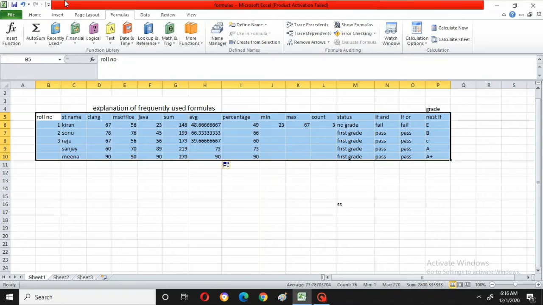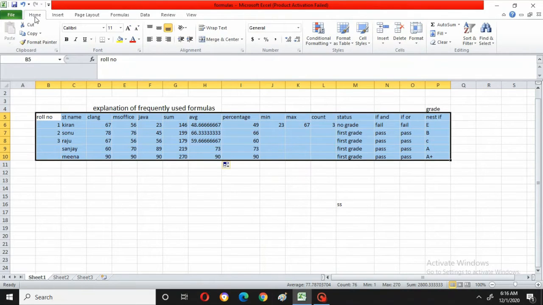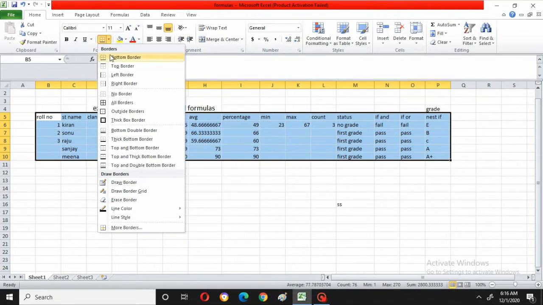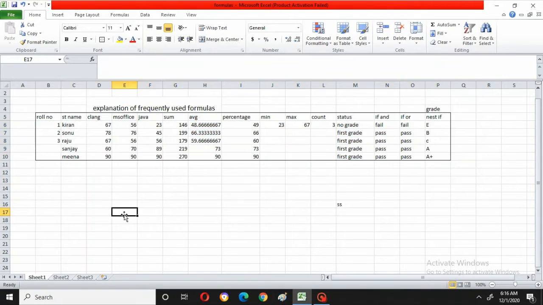Right? Now I will just go to the home tab. Here I will be using the borders thing. Okay, right? Now see, your table has got border. Now I can give this one border for this also. Wait a minute. Now see, for this also you can do it. Okay, then it will be easy anyway. I don't want to just do borders now. I don't want to waste the time in this video.